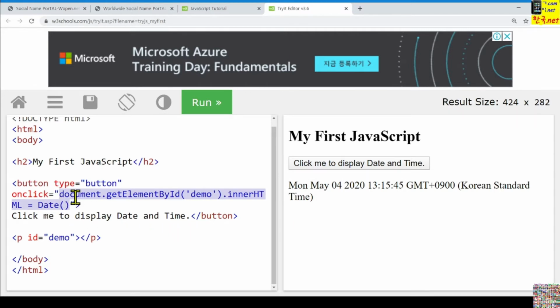We'll learn about this one, and at this moment simply you can see this dynamic user interface, and that is provided by this JavaScript. That's it. Let's move to the next.